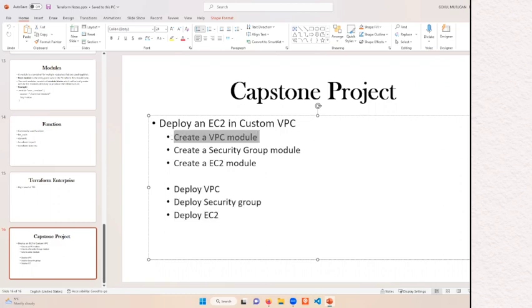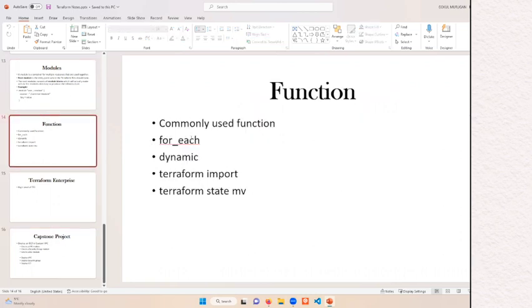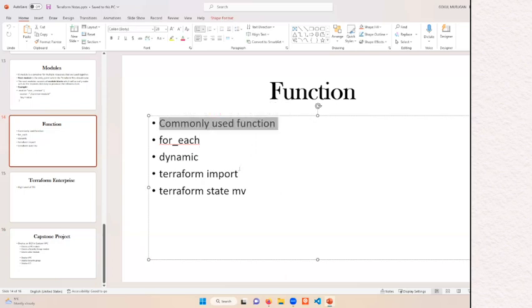While building this module, functions are the key elements, because functions make your life a lot easier. While building the modules, we are going to see the common majority. Terraform has around 80 to 90 odd built-in functions, but not all 90 functions are used. They are there for us if we want to use them, but we are going to see about 10-15 commonly used